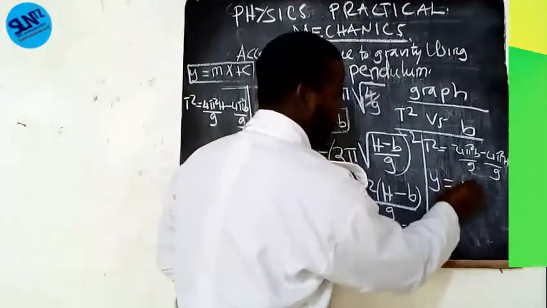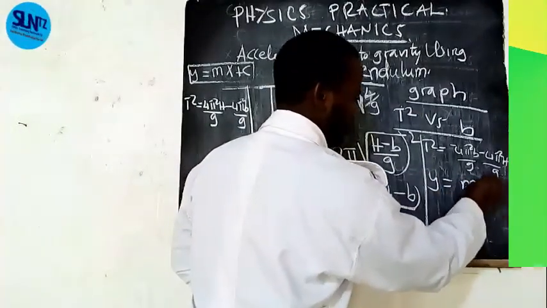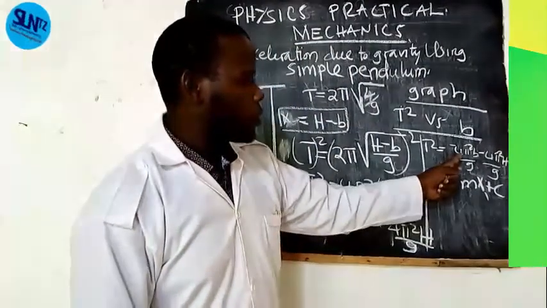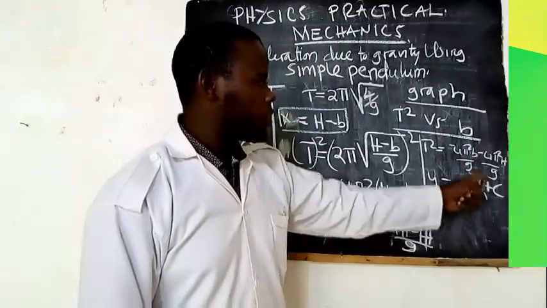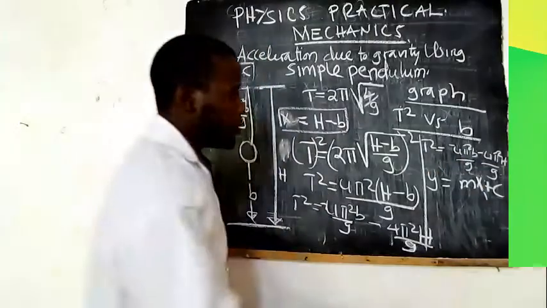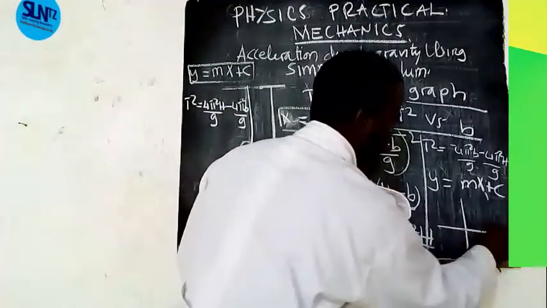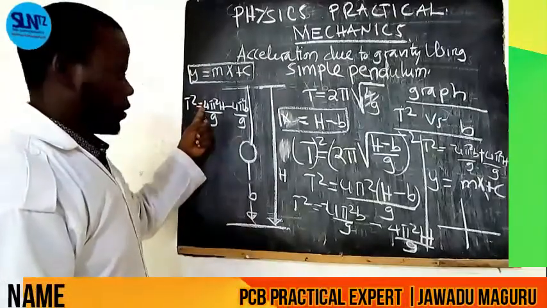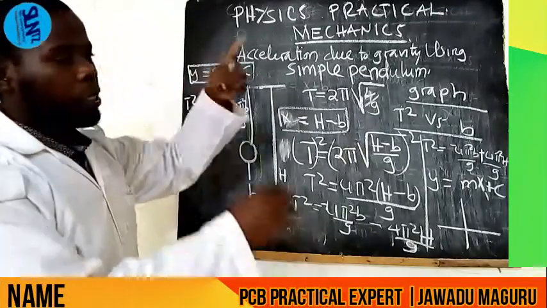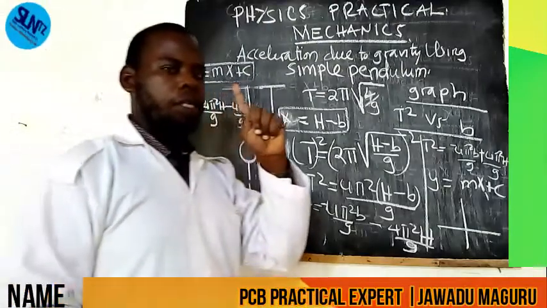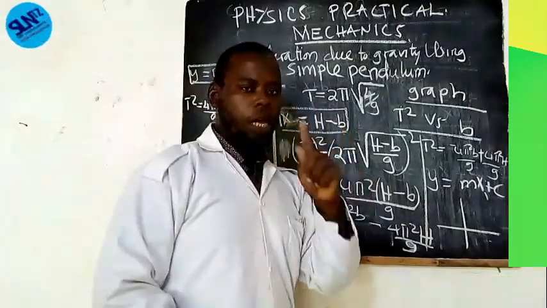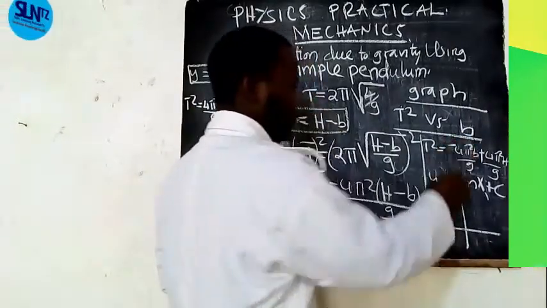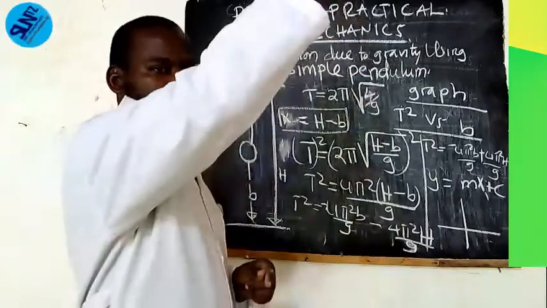Y is equal to mx plus c. So our slope is equal to this one, b is equal to this one, and this one. So the nature of the graph will be, this is a plus, this is a plus. When we change, there is no change of sign. This is a negative. It means my graph will be